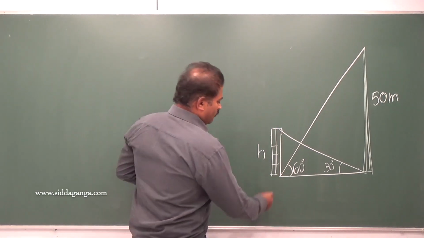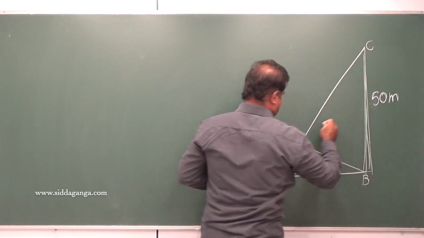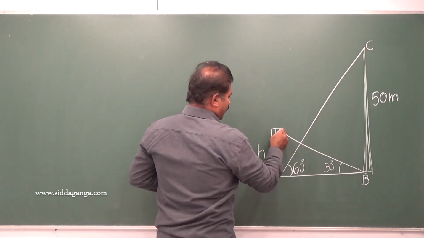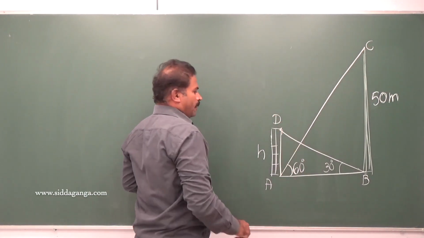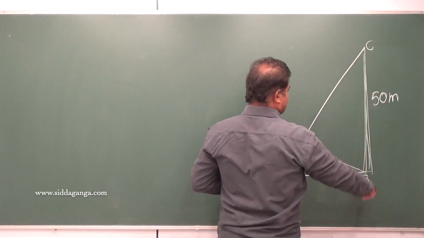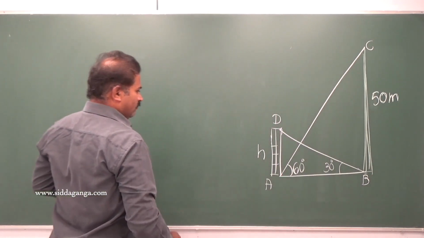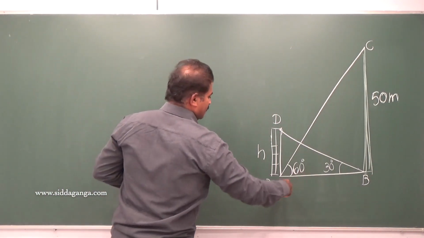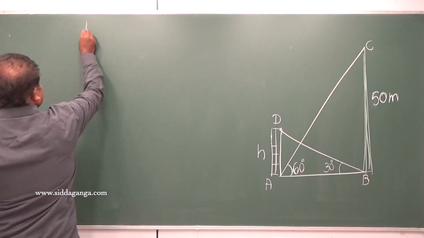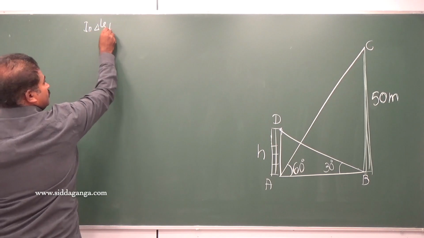Now we'll consider the triangle as ABC, and you have one more point here, we'll take it as D. Now from this triangle you have 50 meters here, the height of the tower, and you have 60 degree angle. We'll find what is the value of AB. So in triangle ABC,